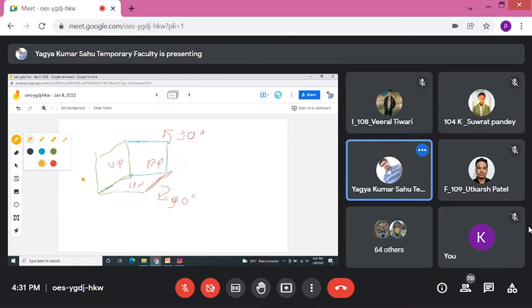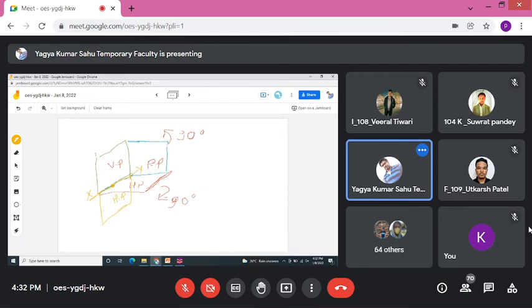Again, if you rotate this horizontal plane 90 degree clockwise, you'll get the position of horizontal plane in this way. The yellow lines are representing horizontal plane after rotating 90 degree clockwise. Yes, sir. Now it is in extension with VP, so we can use a single paper for drawing both the views, and this line will be the differentiation line between horizontal plane and vertical plane. Is it?